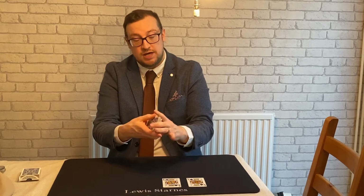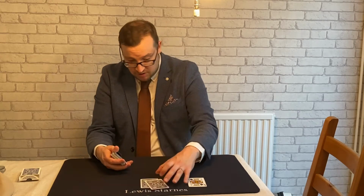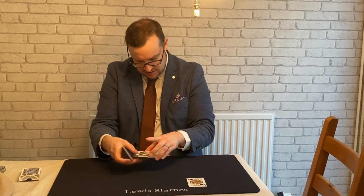So this is a good English overhand shuffle. You'll all be familiar with it. You know it's pretty fair. I'll mix it up at this point. We'll put some random cards on top of this king, and we'll maybe do some cutting, some really extensive cutting